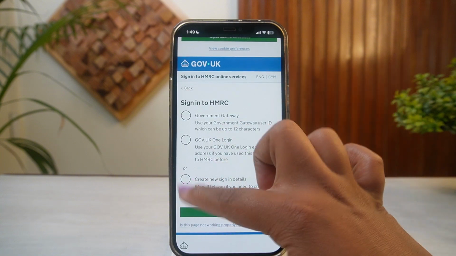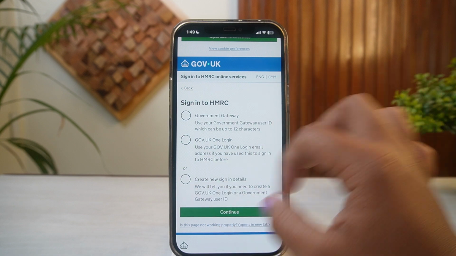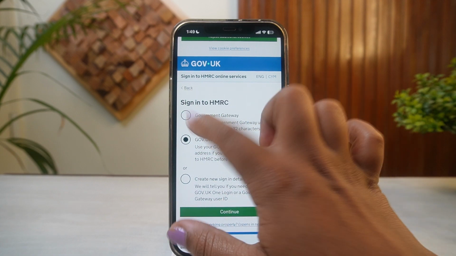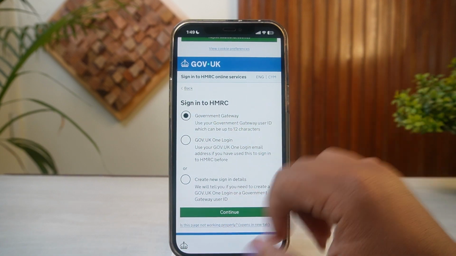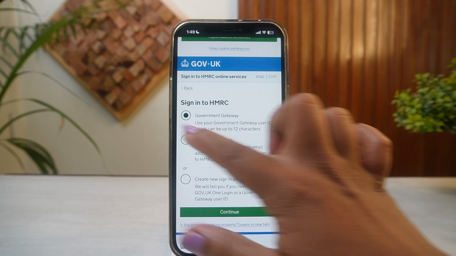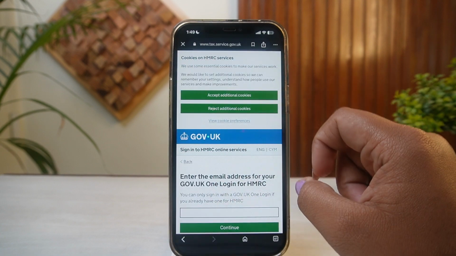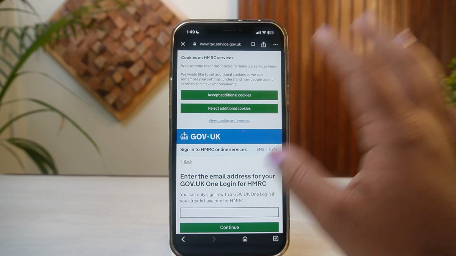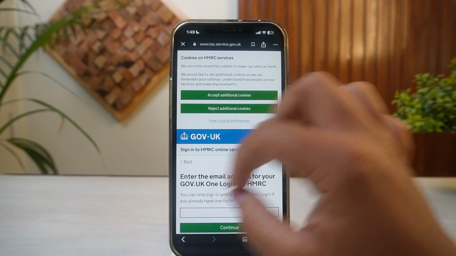So you can actually create your new sign in details or log into gov.uk, or you can get the government gateway option too, right? So simply tap on continue and then add in all of the credentials and log into your account. Then from here you'll need to go to your manage account option, and then you can get into your account